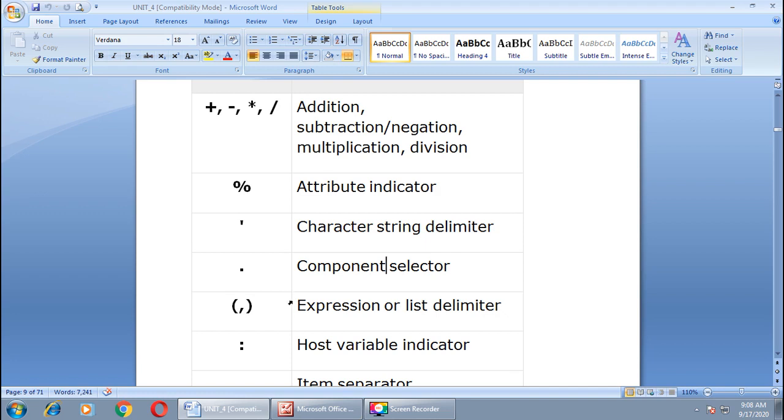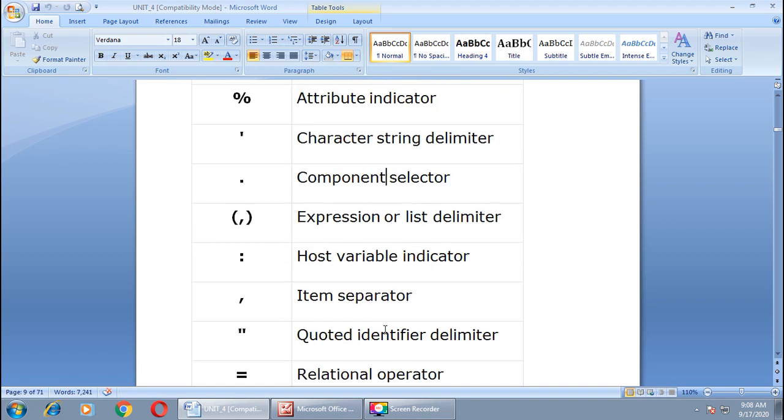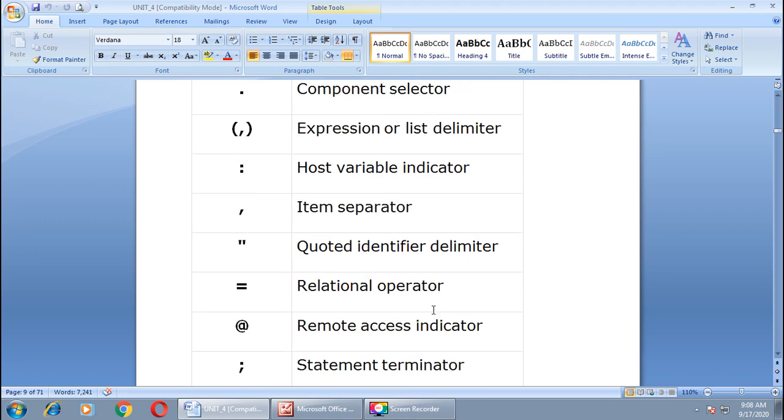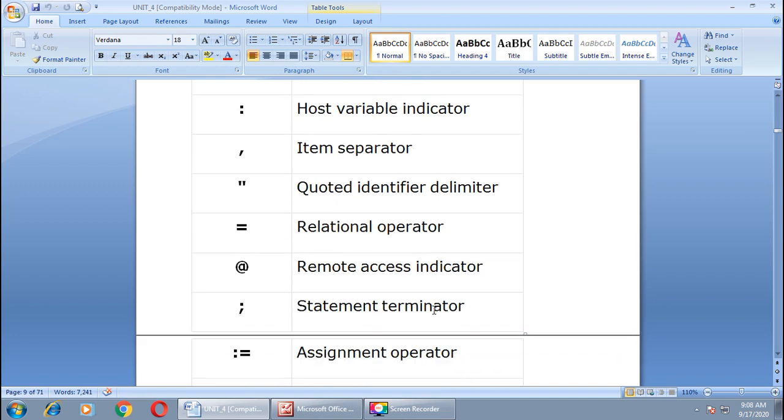The colon symbol is a host variable indicator. Then again comma, this is called item separator, and the double quotation mark is the quoted identifier delimiter. The equals to symbol is the relational operator. The at sign is the remote access indicator. Semicolon is the statement terminator.